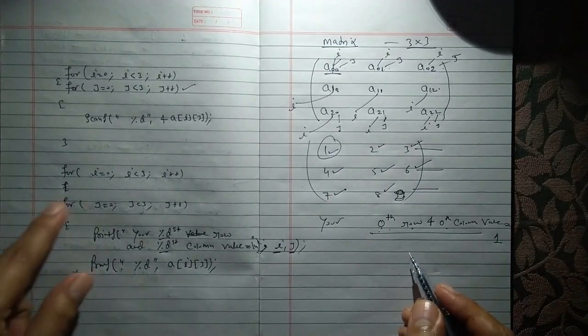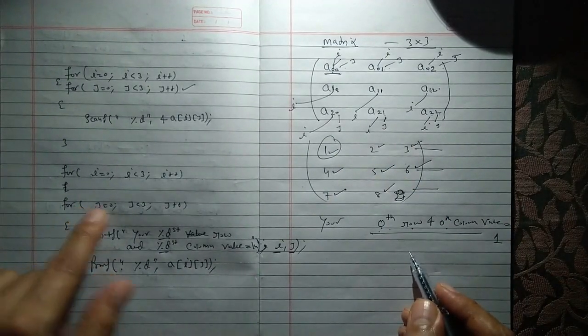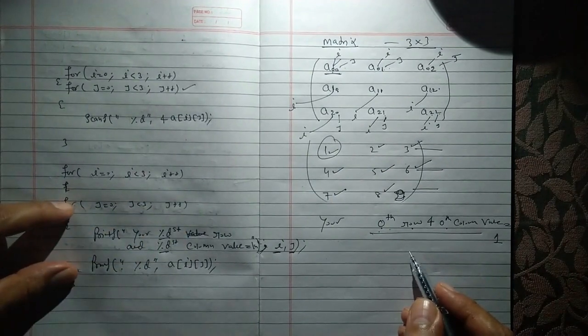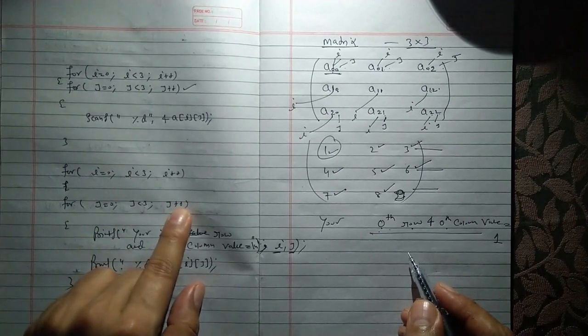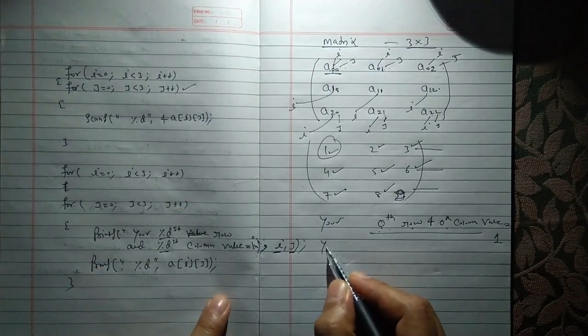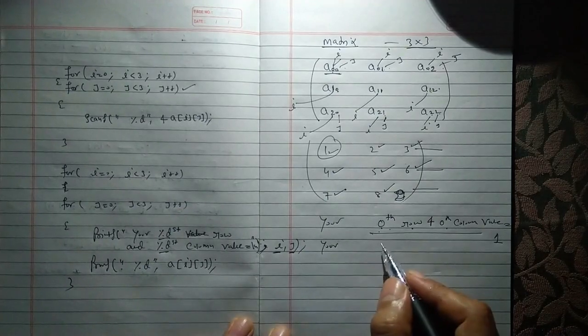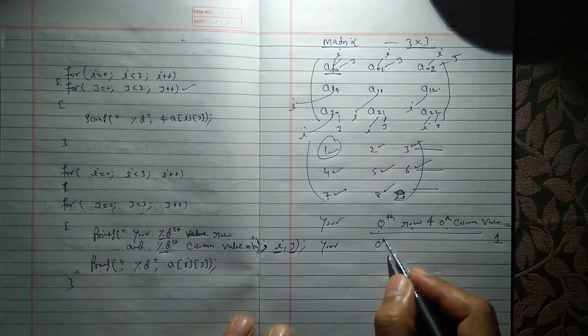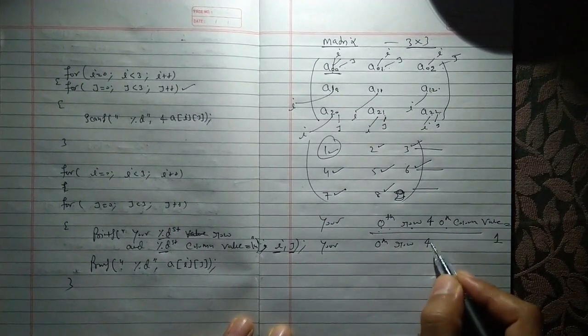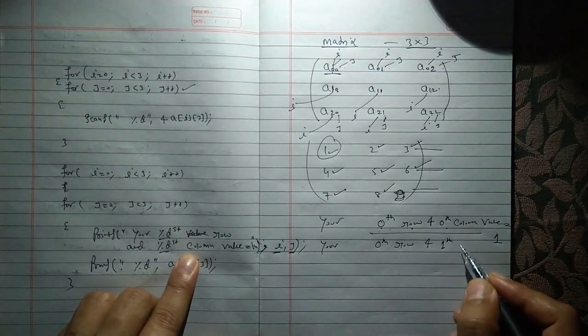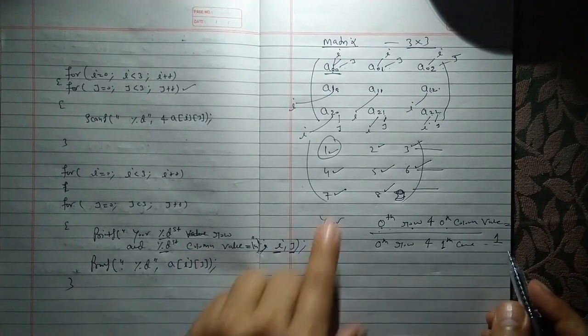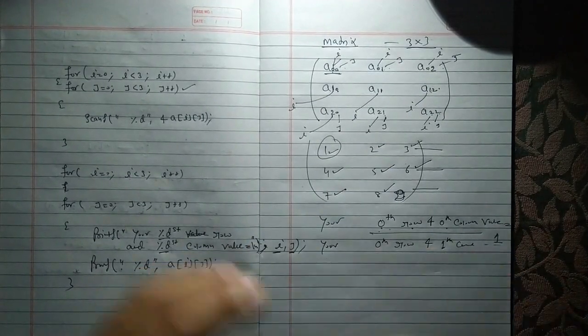Then now your j will be increased. At first you have to finish this loop, then you have to go here. So j++ means j = 1. Then your output is the zeroth row, because i is 0, but the column is the first column, and the value is now 2. Similarly it will be your output.